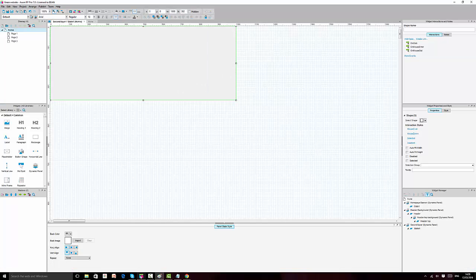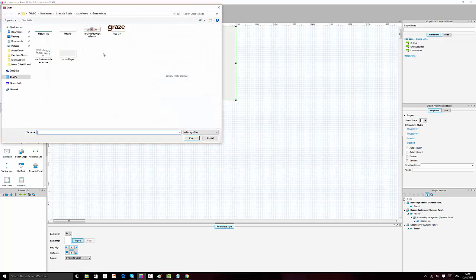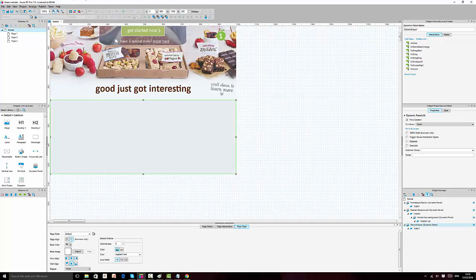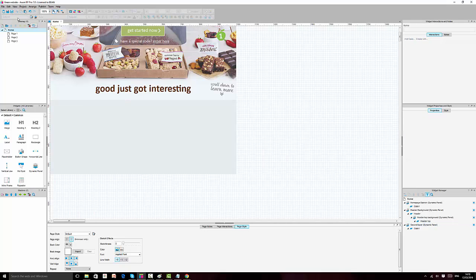Save that, go back to Axure, and we align this to vertical, make the center, and then come back here and import it. Yep, save it. So let's look at it now, and if we say 100% white,